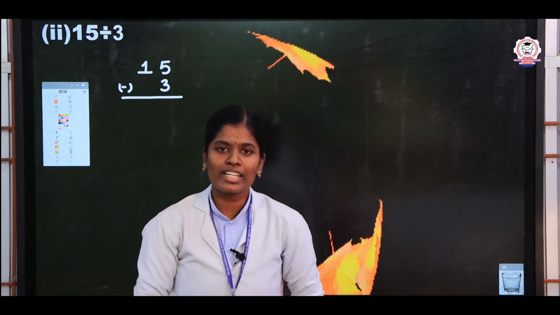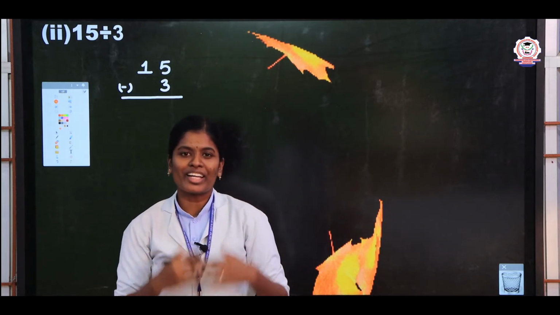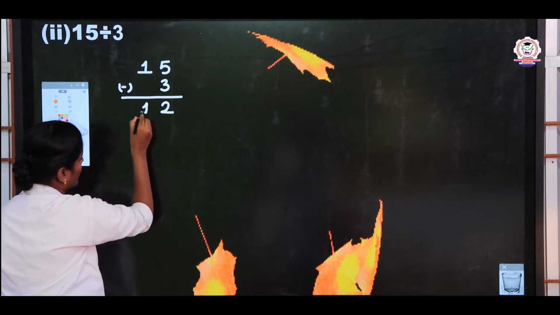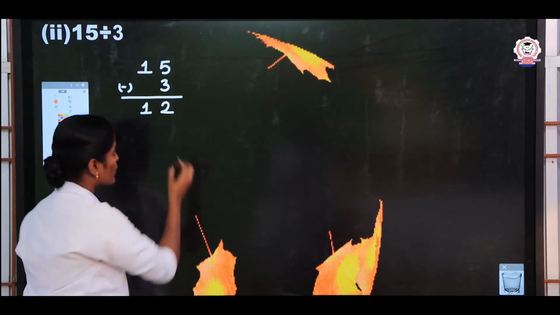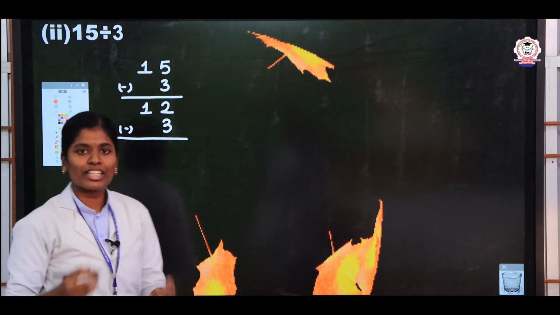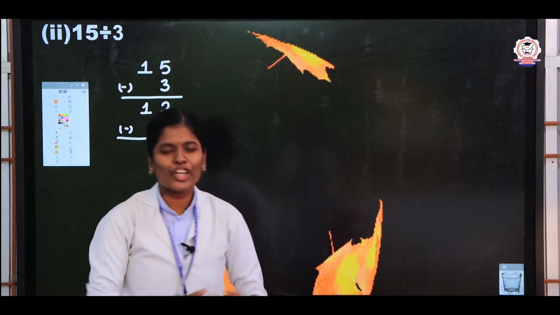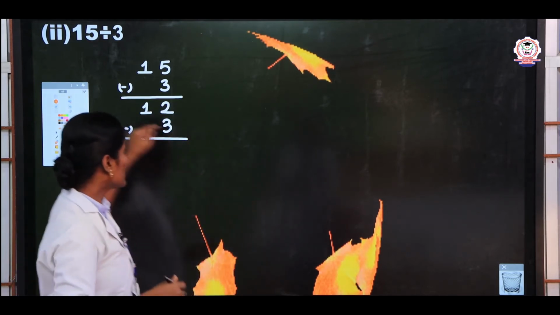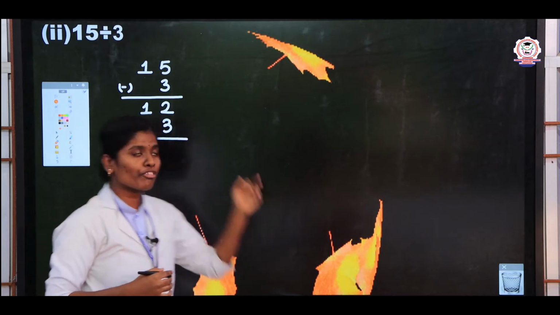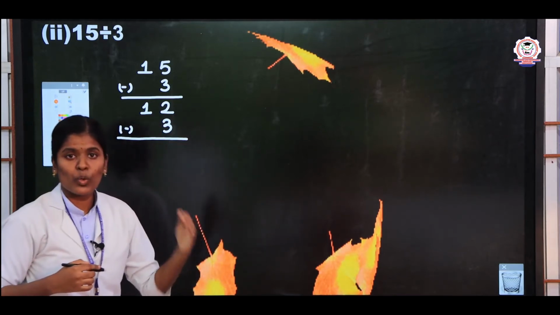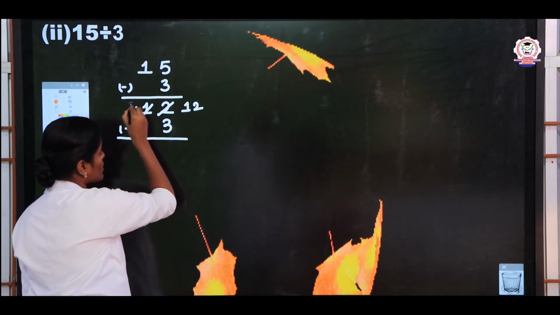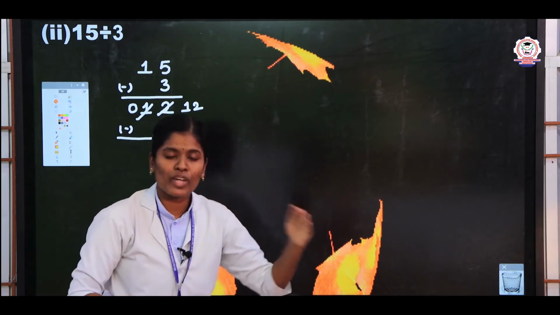Now tell me Kiran, what is the answer 5 minus 3? Very good. The answer is 2. So write here 2, then 1. Again you take the divisor value 3. Now you should subtract 2 minus 3. Now tell me Anjali, 2 minus 3 is possible? No, it is not possible. Why? Because 2 is the smaller number and 3 is the greater number. Here you are going to borrow from the before number. So this 2 will change into 12 and then this 1 will change into 0. Now we are going to subtract 12 minus 3.